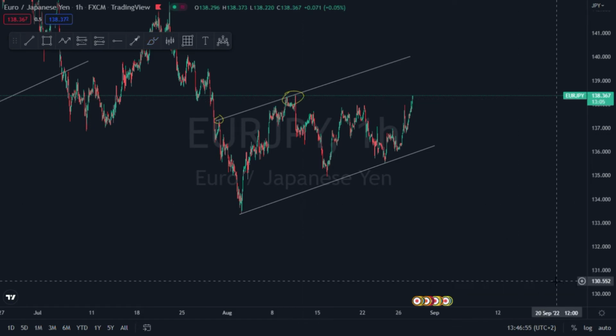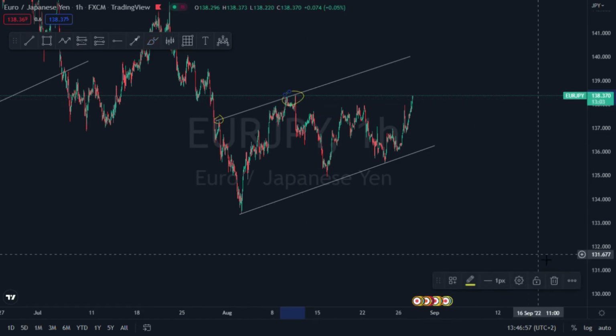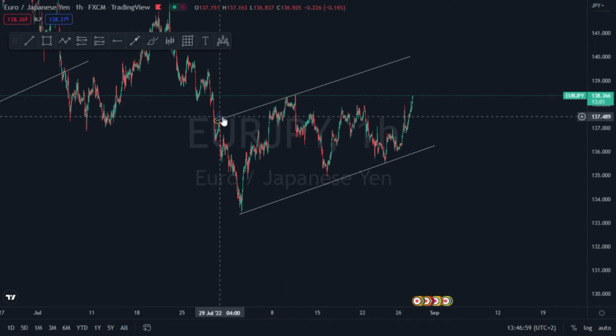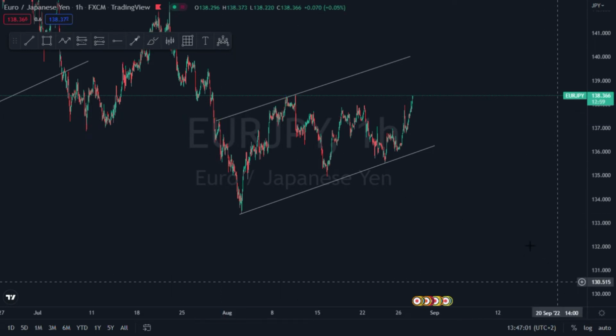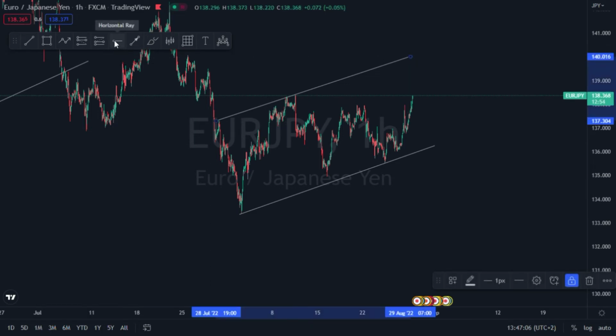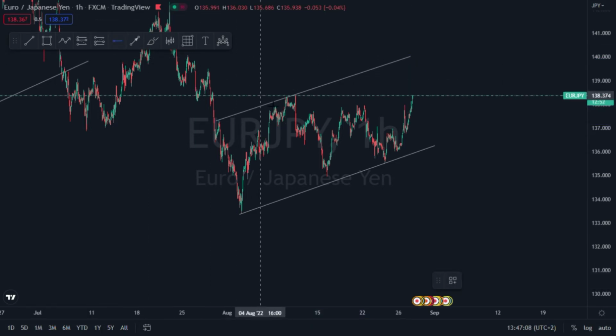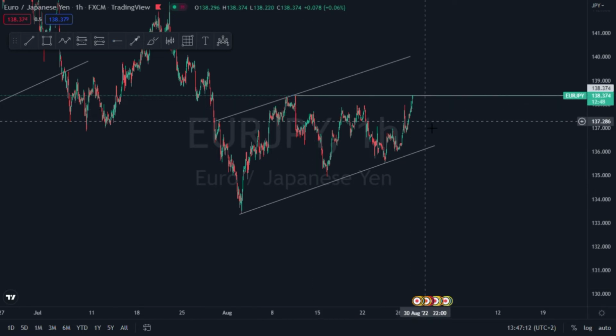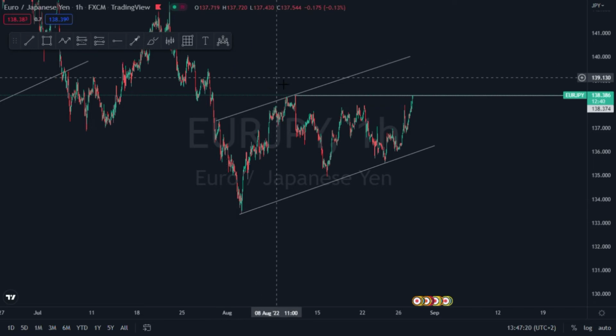Sorry about that. Let me just quickly remove these things. So the market will go for that third touch if it breaks this level right here, because I can already see that there could be a double top formation right there. This could be a double top formation right there, because if I can scale it down to the 30 minutes time frame,